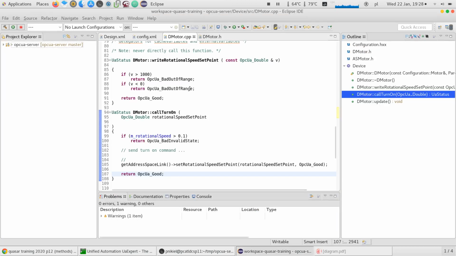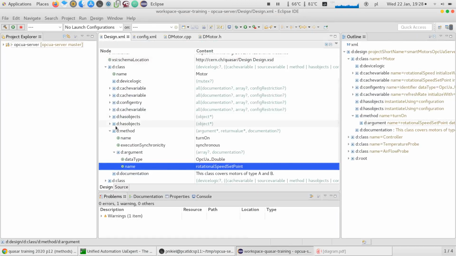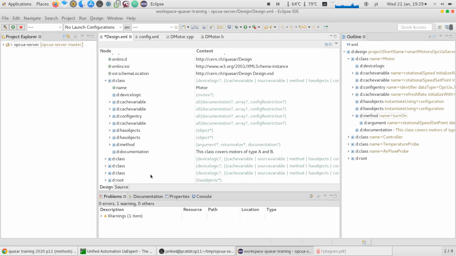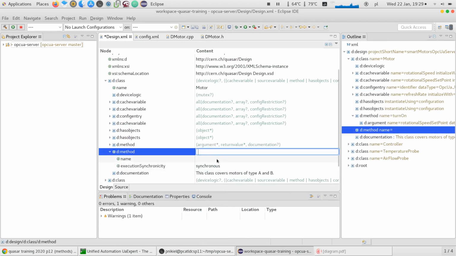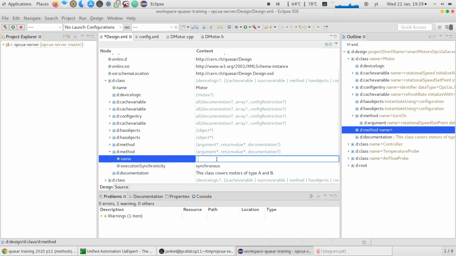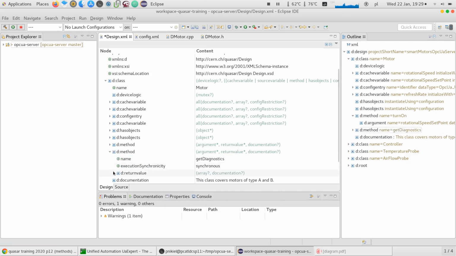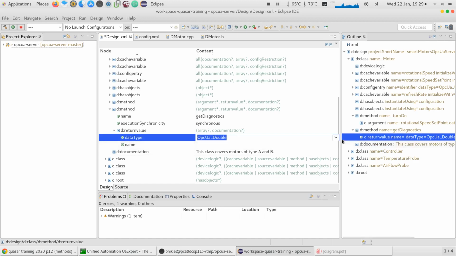So just to explore it slightly more, I wanted also to show you output arguments. Output arguments, I think it's more proper. If we add another method, this one I would like to exercise the return values. So I would say get diagnostics, for instance, and then I'll add one return value, which would be a UA string,